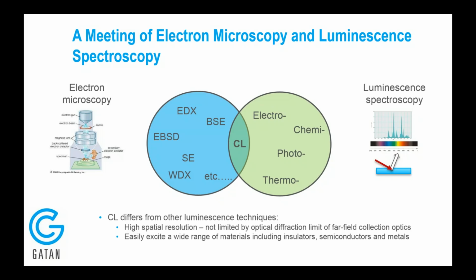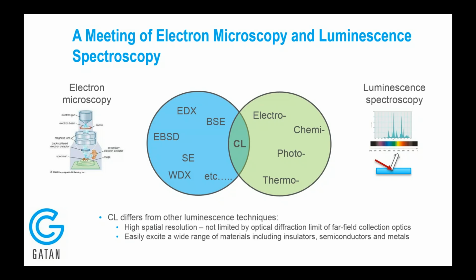But importantly, this marriage of the two techniques in the same experimental apparatus has very significant advantages. Compared to other luminescence techniques, cathodoluminescence has the ability to deliver very high spatial resolution. That's because the spatial resolution is limited by the interaction of your specimen or the electrons with your specimen, rather than the diffraction limit of the way in which you manipulate the light